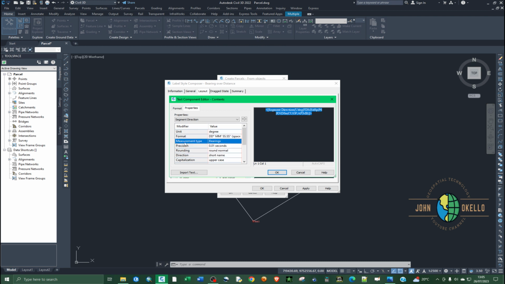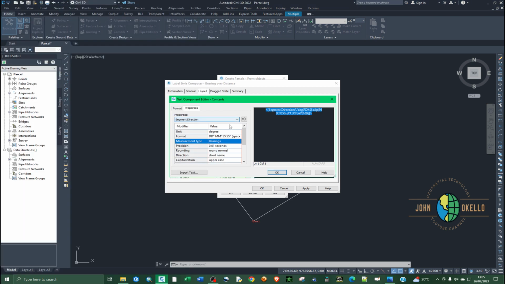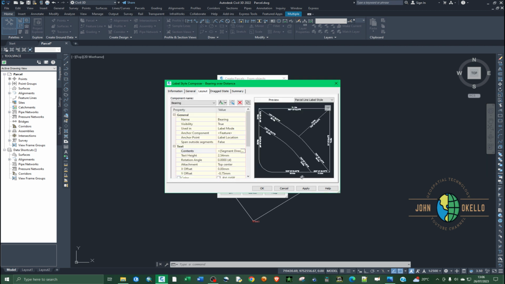So the next row is about measurement type. You can choose bearing, you can choose north azimuth, you can choose south azimuth. If I open my survey plan, you can see that clearly this one is in azimuth, and I'm going to select exactly that. So select north azimuth, and then the precision, we're going to choose 1 second, that is 0 decimal places. So we're going to click OK and apply,